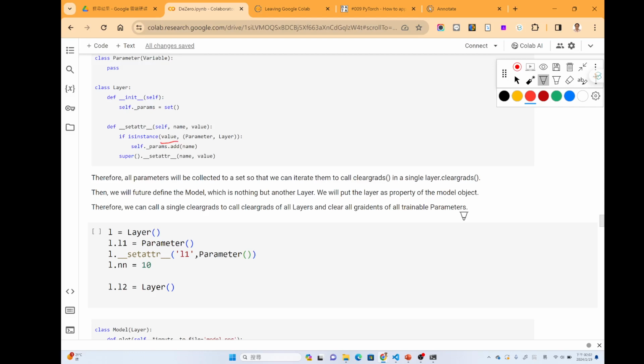If the value is one of the parameters of the layer, we just add the name of the attribute into the parameter list. So that in the parameter list, we will have the names for all of the parameters which are assigned to some attribute of the layer object. In this way, we can collect the parameters or layers which are created inside the layer class.